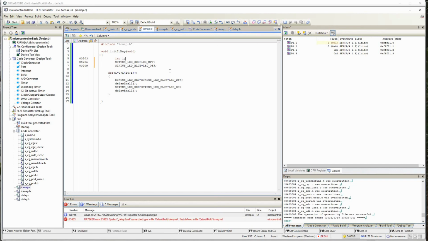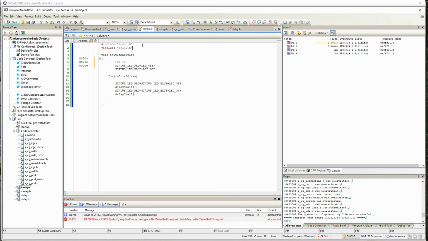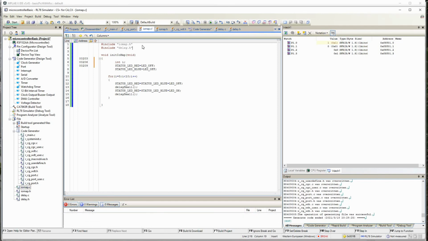I cannot simulate and show you this on any software. In the next class, I'll see if I can bring up hardware and program it and show it to you. I'll show you the video. Delay small, this doesn't know, because I have not included delay here. And including, we always include delay.h where we have prototyped the function.